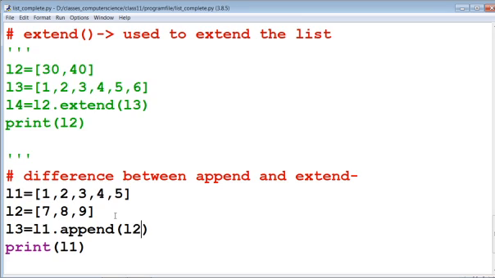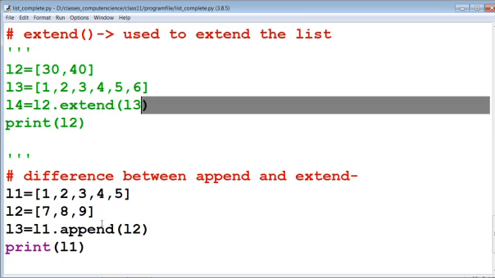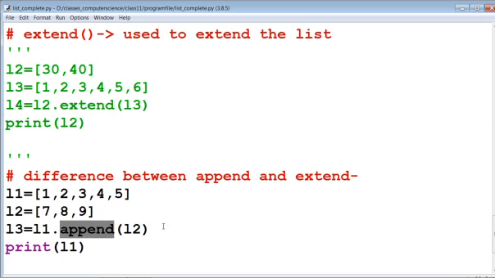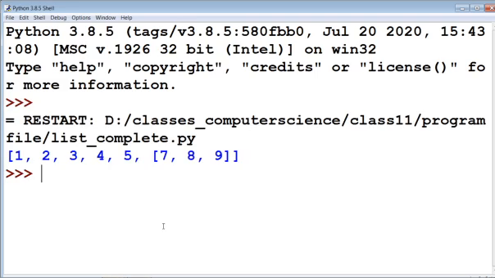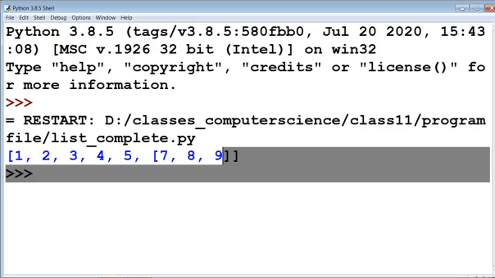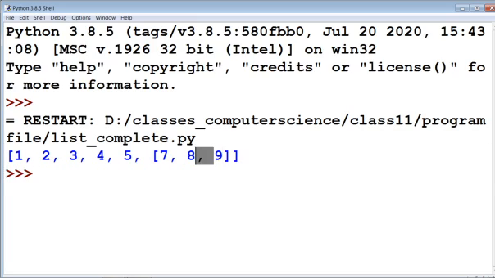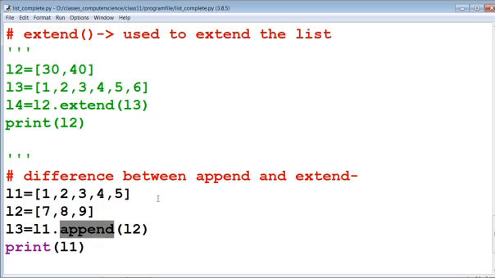Now we are going to print L1. Just as here we extended L2 dot extend L3, append does not take multiple arguments, as we saw. Now we will check once again like this. You can see that this is the format to use append.